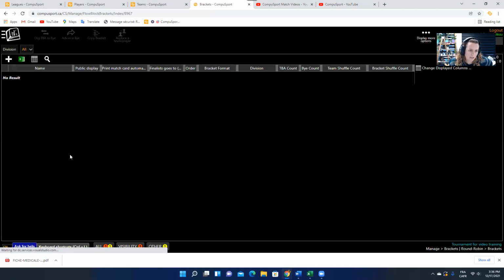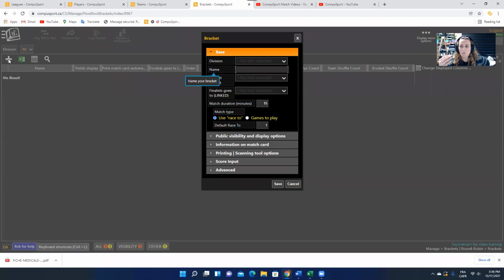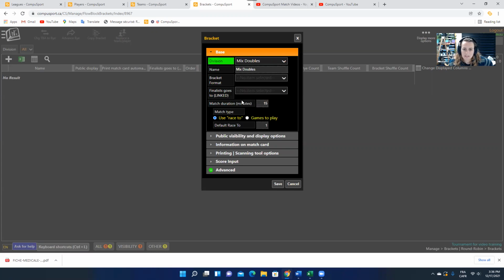So click on brackets, and then here I get to an empty page again. It kind of looks like the divisions page, but this time what I'm doing is I'm going to create brackets, and I'm telling the system what names from what folder I want. So which division I'm going to choose. So here I need to make brackets for all of my divisions. So division mixed doubles, it names it the same by default,